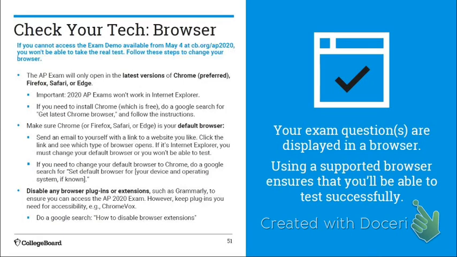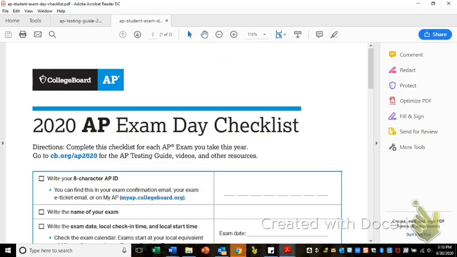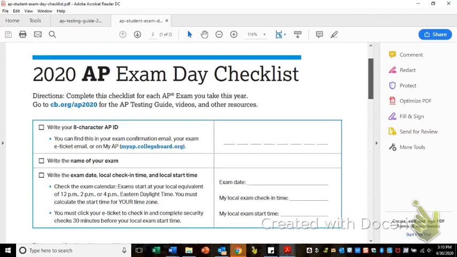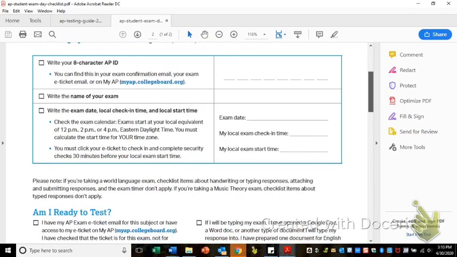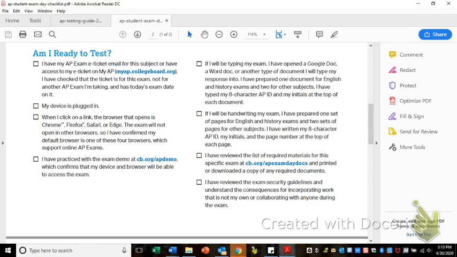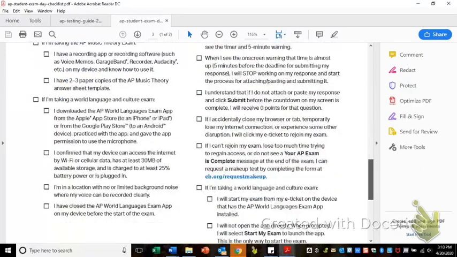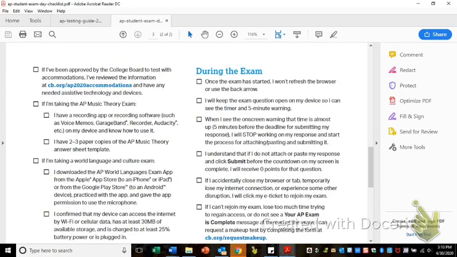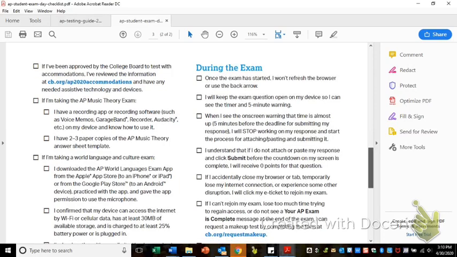I know I've talked a lot. My voice is hoarse, so let me get out of this. I'm not going to go over it, but this is that checklist that I was telling you guys about. This is also posted on Google Classroom. It just has a whole bunch of steps, things that you want to make sure you have done before the exam. And even this category that says during the exam, take a look at these before the exam.